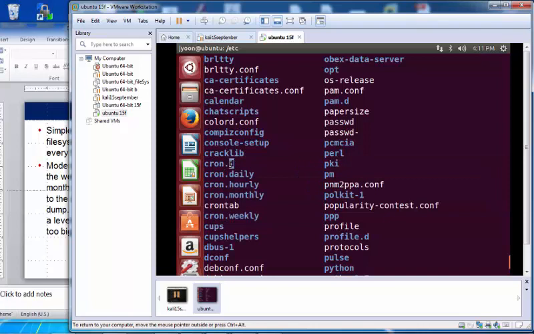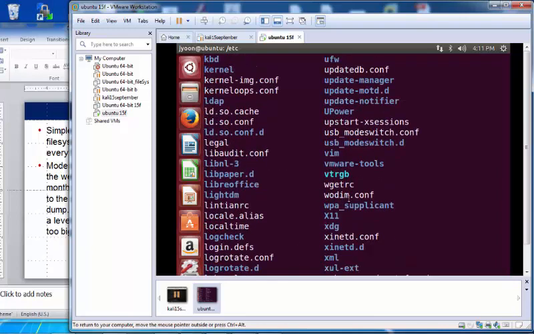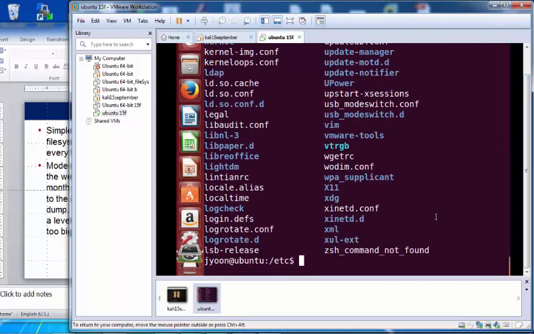But that daemon needs to run according to a schedule, and then it's saved here. Cron monthly, daily, weekly, but I want you to take a look at crontab. So how can you run crontab? The first thing you need to do is find out the type of that crontab.